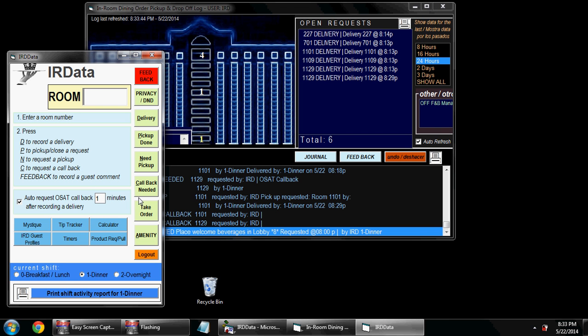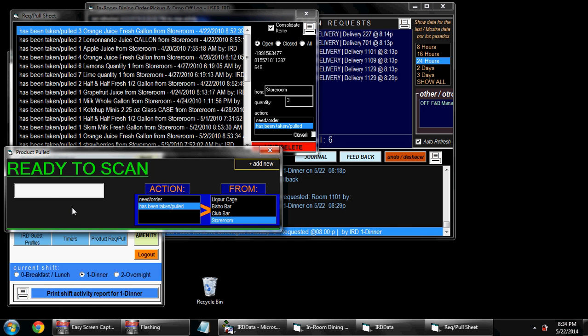So getting back to the purchasing component, again, we would have staff go and pull stuff out of the purchasing cooler, and we tried to get them to write things down, but they would often forget because they'd be busy, etc. So we made it really easy for them. I said, take whatever product it is, and we attached a barcode scanner to a computer and they would simply scan it into the system. They would scan the product in and identify the product, and it would automatically record that it had been taken from the storeroom, or they could change the settings of